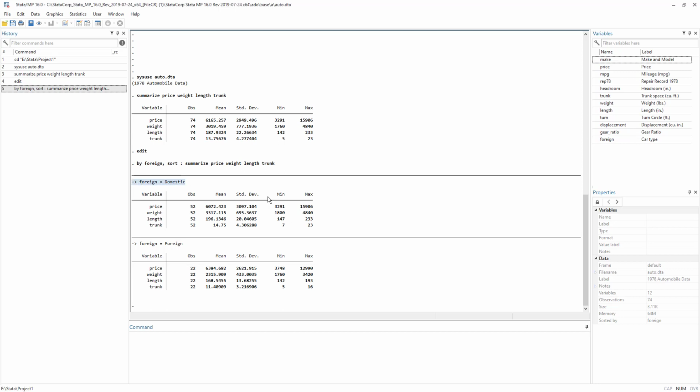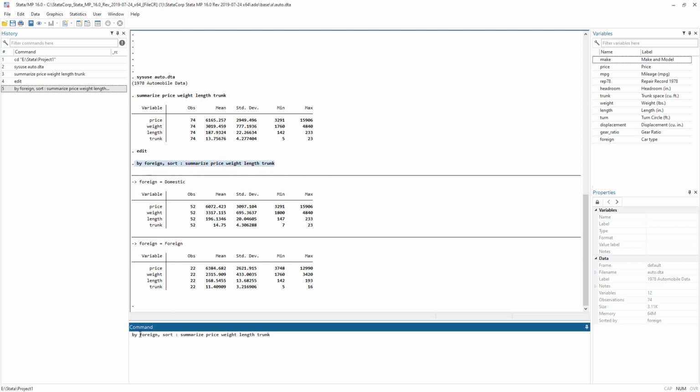I just did this additional statistics for different groups, and you would see that there is a by prefix: by foreign, comma, sort. We can simply type this command as bys, which means by sort, and this simplifies the command. By sort foreign would sort the foreign variable, and that is just a requirement of Stata: the categorical variable should be sorted before using it as a by variable.